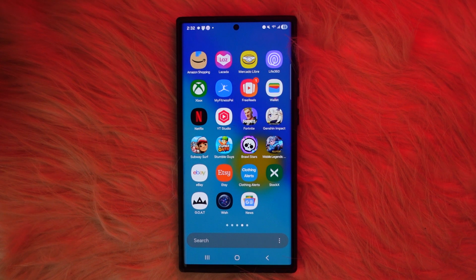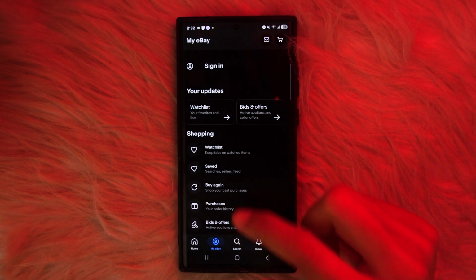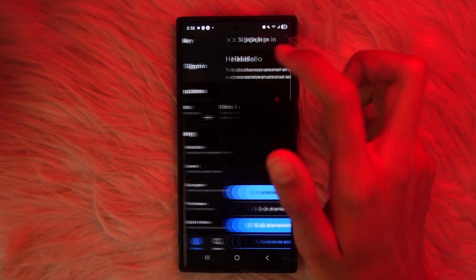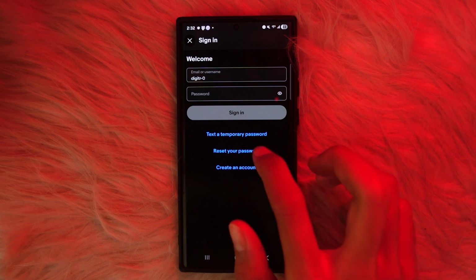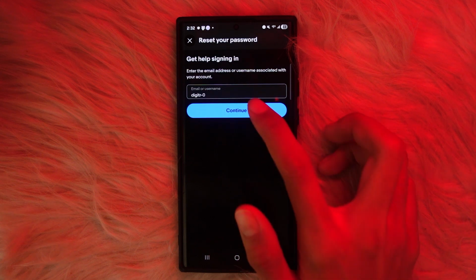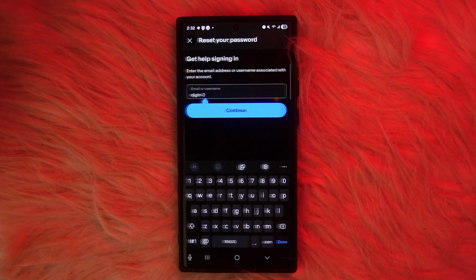In this video I'll show you how to recover your eBay account. For that, just go and open your app and then tap on My eBay, and you'll need to tap on this sign in button, and then you'll have to choose use email or username, and then simply tap on reset your password and enter your email address and tap on the continue button, and they will send you